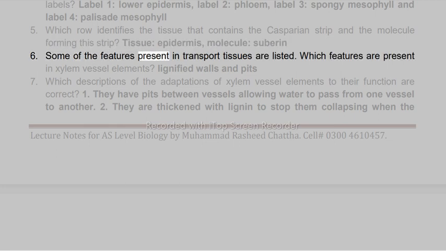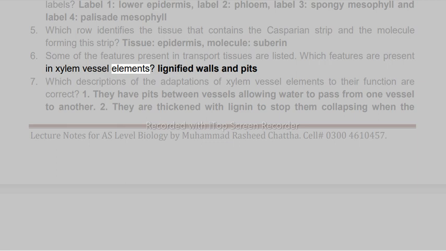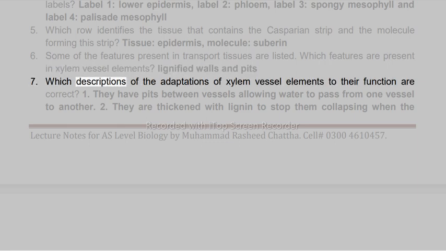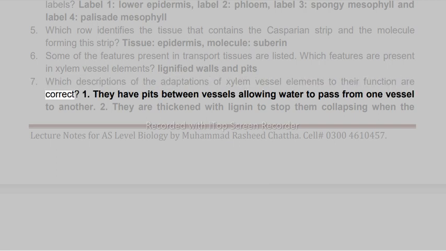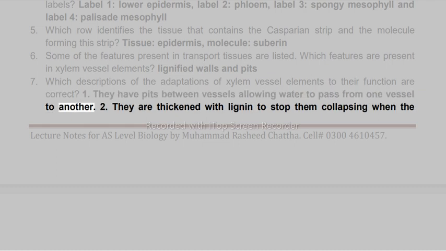6. Some of the features present in transport tissues are listed. Which features are present in xylem vessel elements? Lignified walls and pits. 7. Which descriptions of the adaptations of xylem vessel elements to their function are correct? 1. They have pits between vessels allowing water to pass from one vessel to another. 2. They are thickened with lignin to stop them collapsing when the